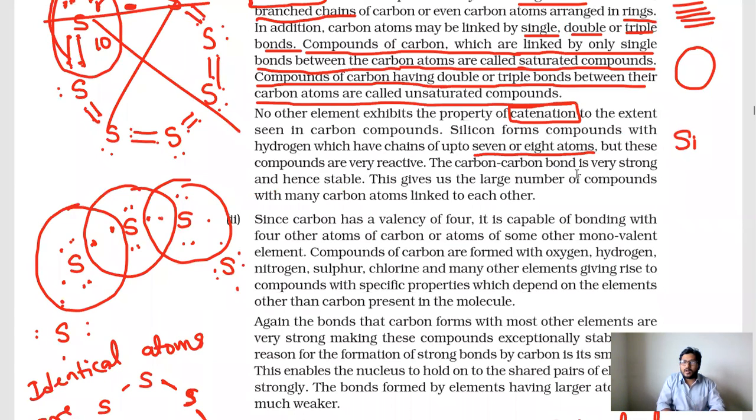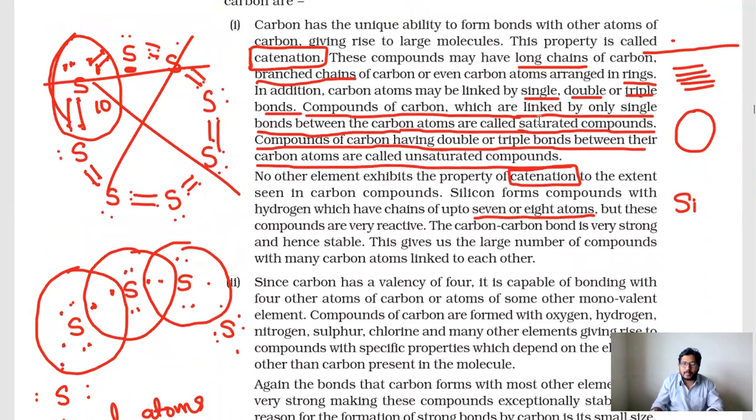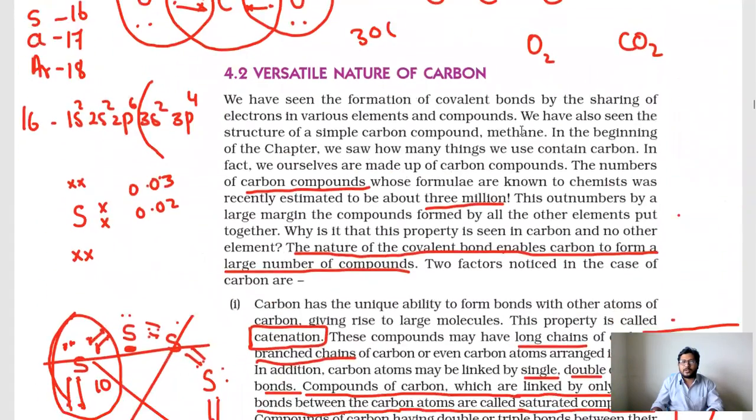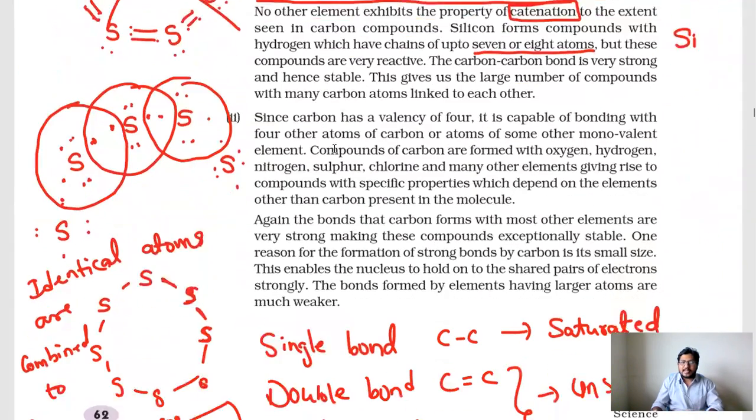The carbon-carbon bond is very strong and hence stable. So carbon-carbon bondings are very stable and very strong. It is not aggressive, it is not reactive, etc. This gives us a large number of compounds with many carbon atoms linked with each other. So catenation is the property possessed by carbon. So it is versatile. So one reason we have found out. Second,